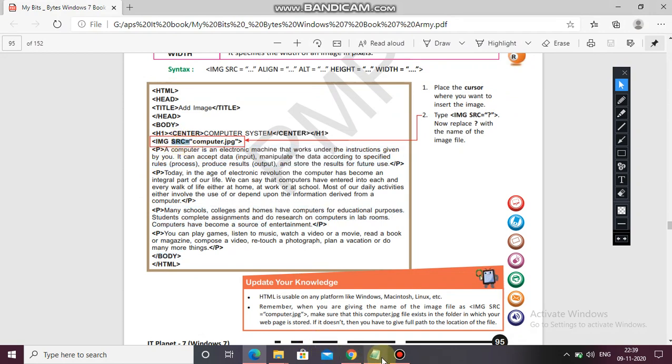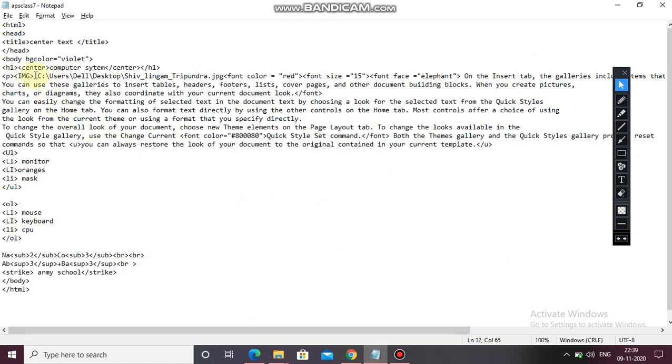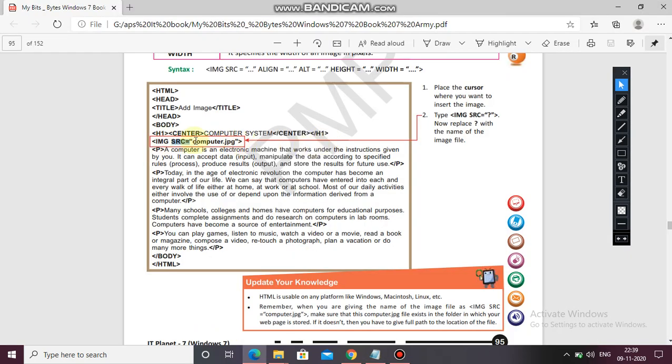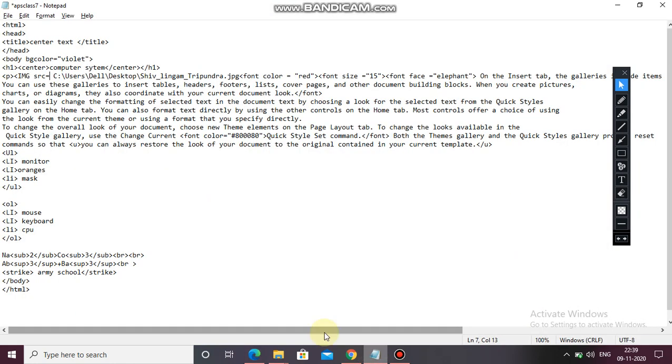So here we have to write src. Image src equals to this one. Now the name of the picture. So here you have to give the whole path because the picture is on the desktop. Clear? Now Control S.